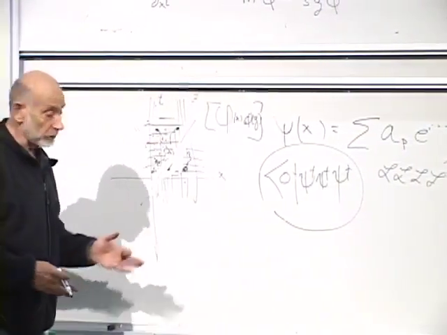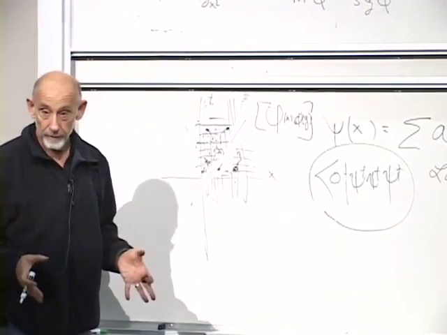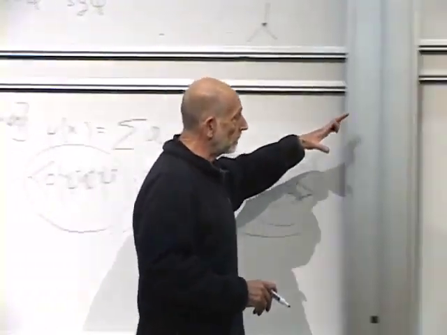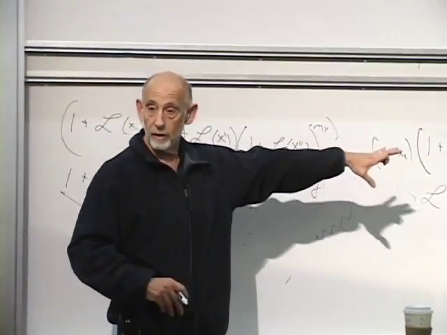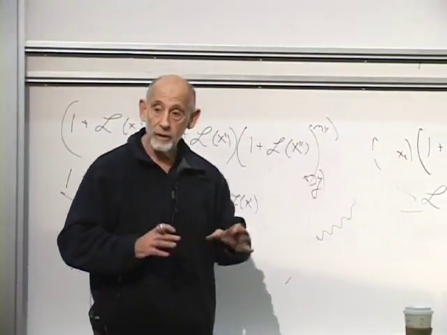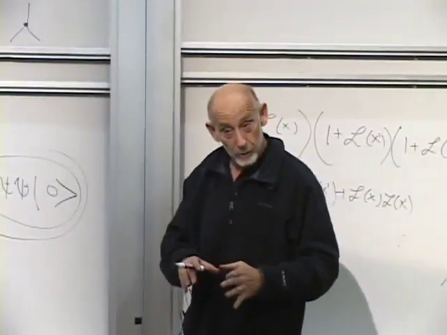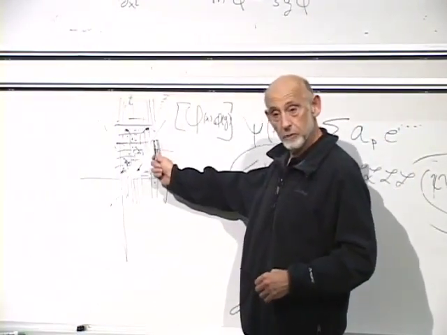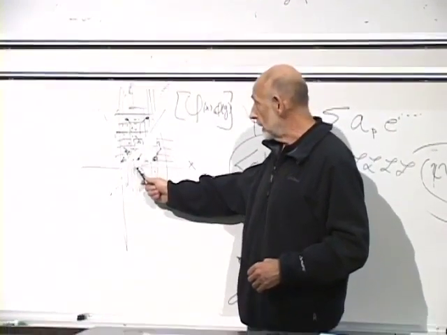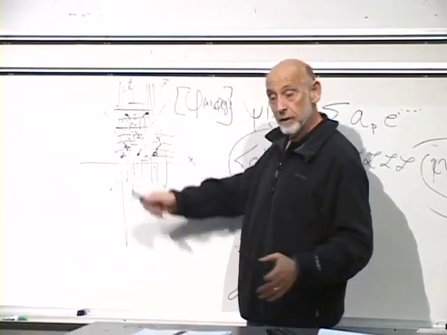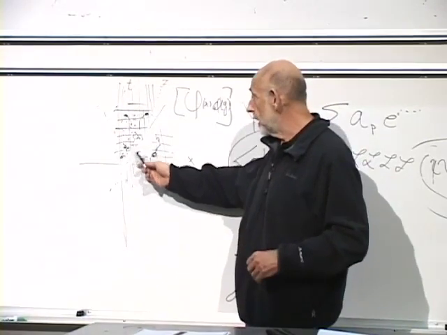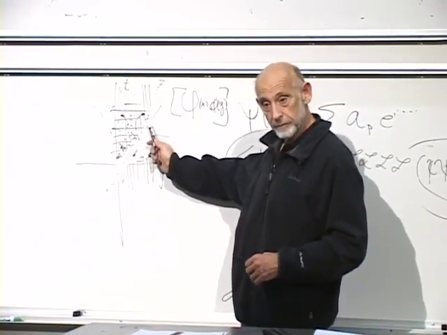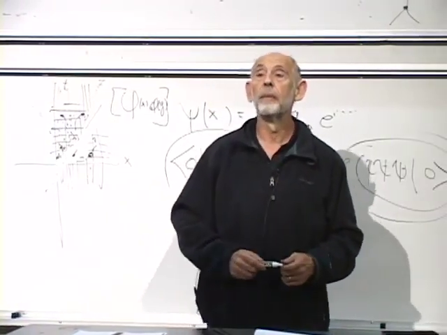The actual amplitude to go from here to here is the sum of them. All the possible ways you can get from here to here by multiplying out this long string of factors will give you a possible process whereby the particle can go from this point to this point. The total amplitude, the thing that you square to get the probability, will be the sum of all ways that you can go from here to here. Would that be consistent with the double slit?